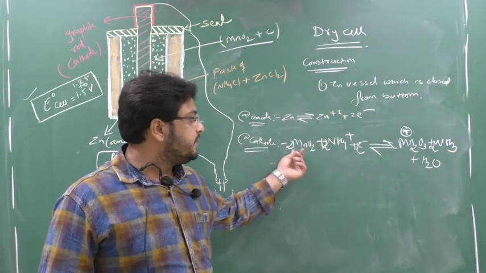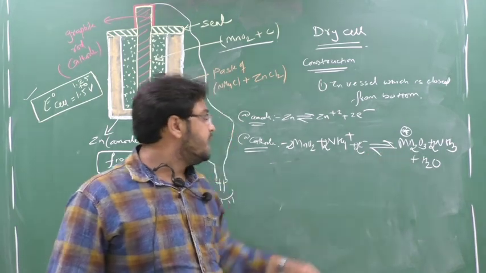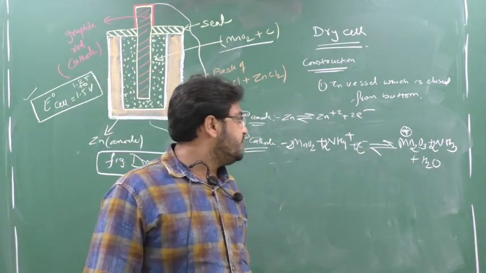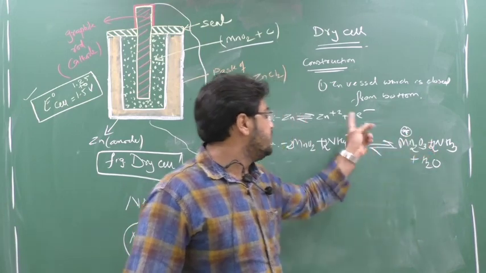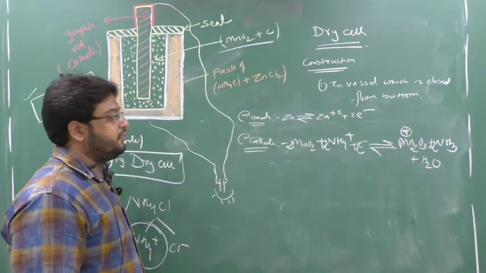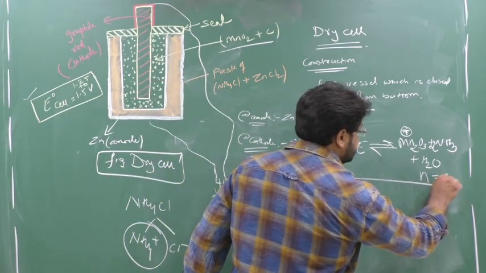See here. How many Mn? 2 Mn, 2 Mn. How many oxygen? 4. So I have 4 oxygen. See here. How many nitrogen? 2 nitrogen. How many hydrogen? 8 hydrogen. What is the net charge here? So net charge here is 0. Here also net charge 0. So what is the net electron transfer? How much? So net electron transfer is 2.